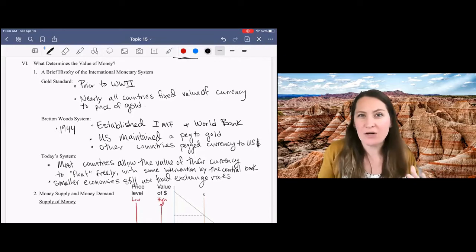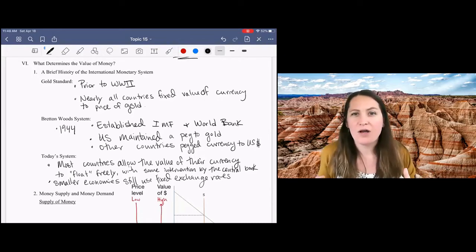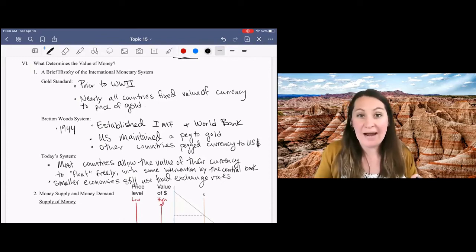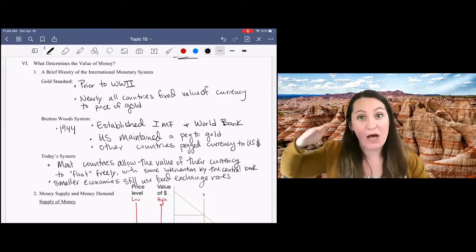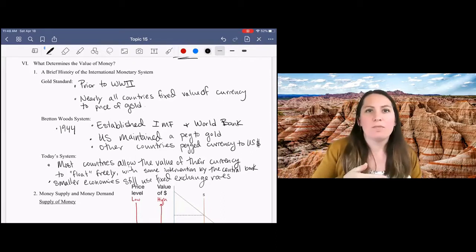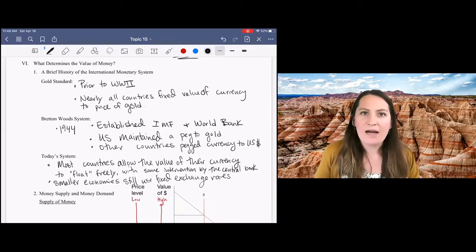Before that, even some currencies were pegged to the value of gold and others were pegged to the value of silver, but many currencies were backed by some commodity that had a fluctuating value according to the market for that commodity. And the price of gold goes up and down and up and down. But the currency was backed by the commodity, so if you brought a dollar bill and gave it to the government, they would exchange that for some set amount of gold.